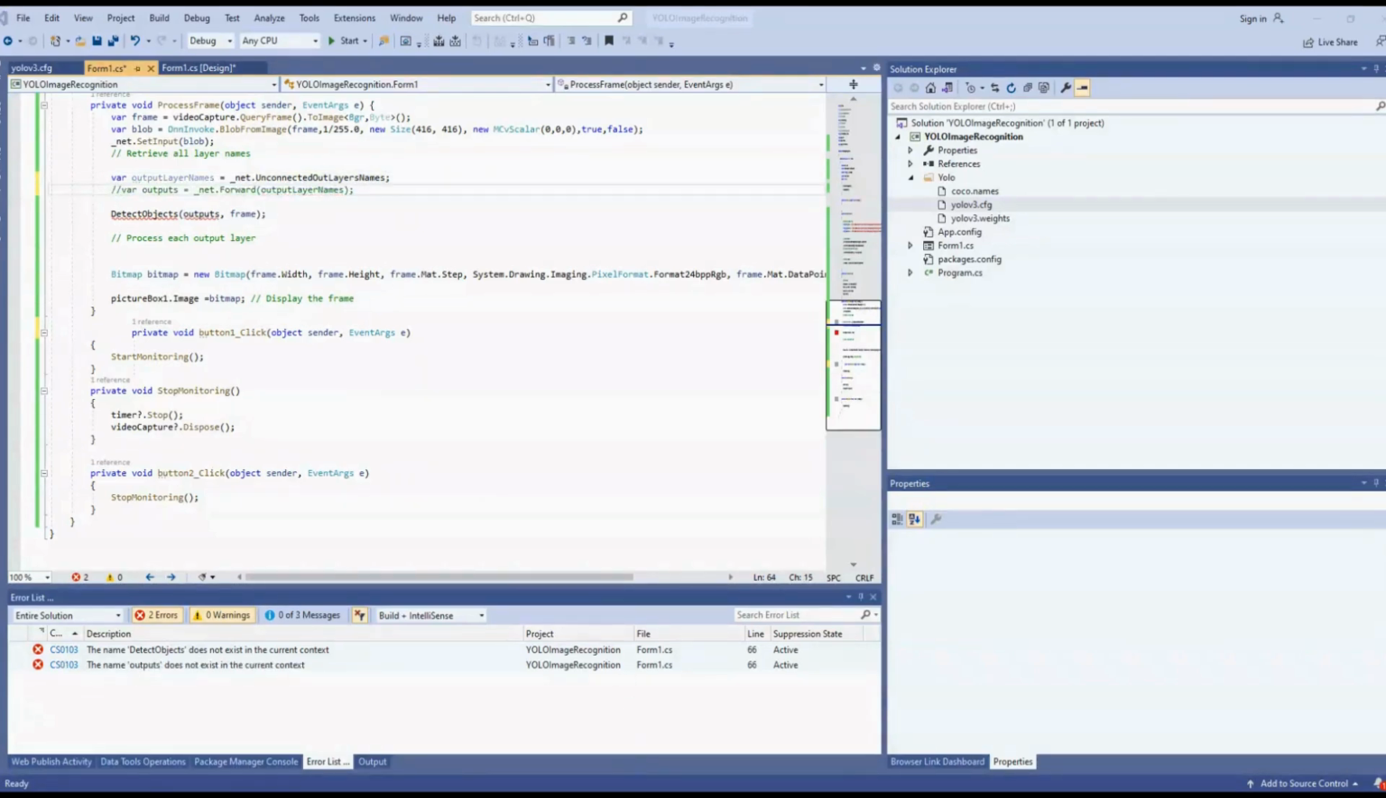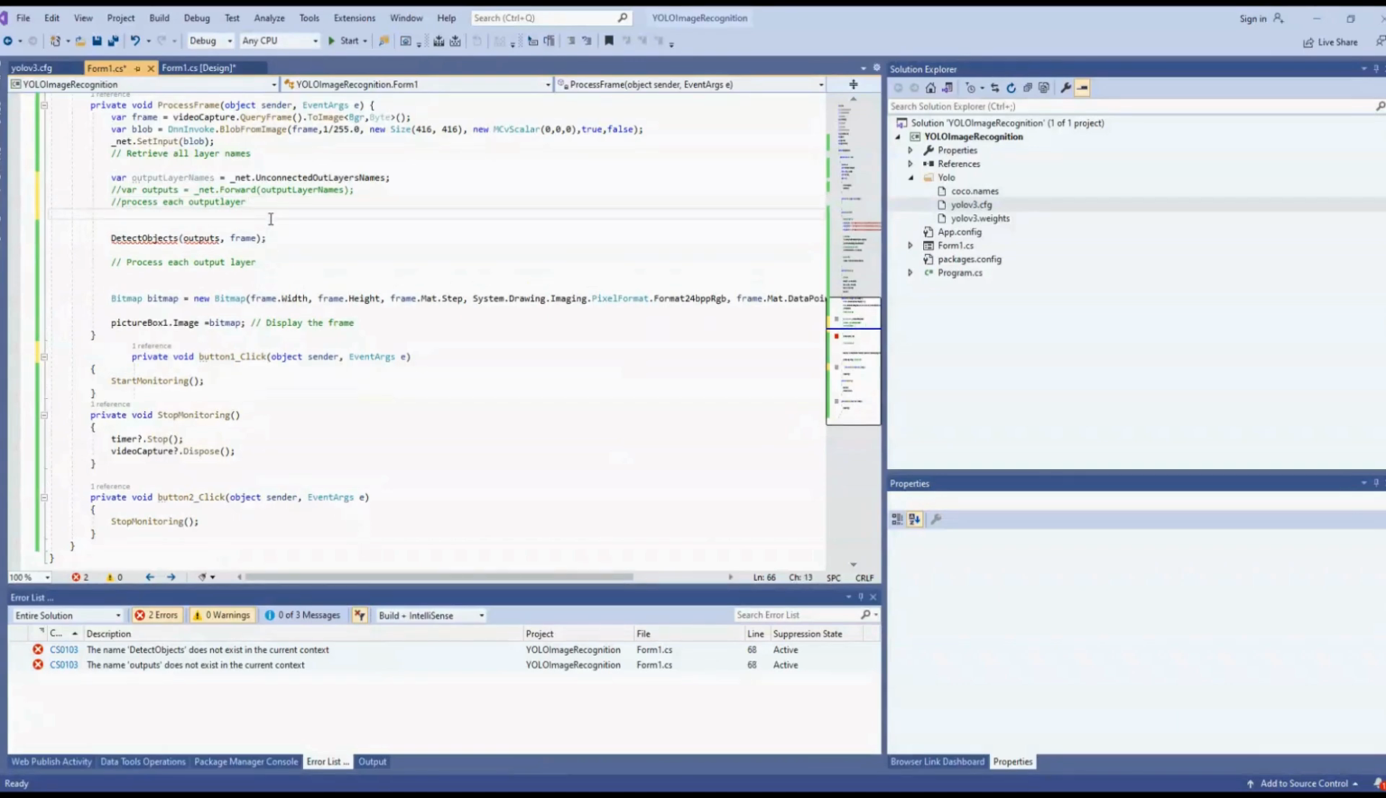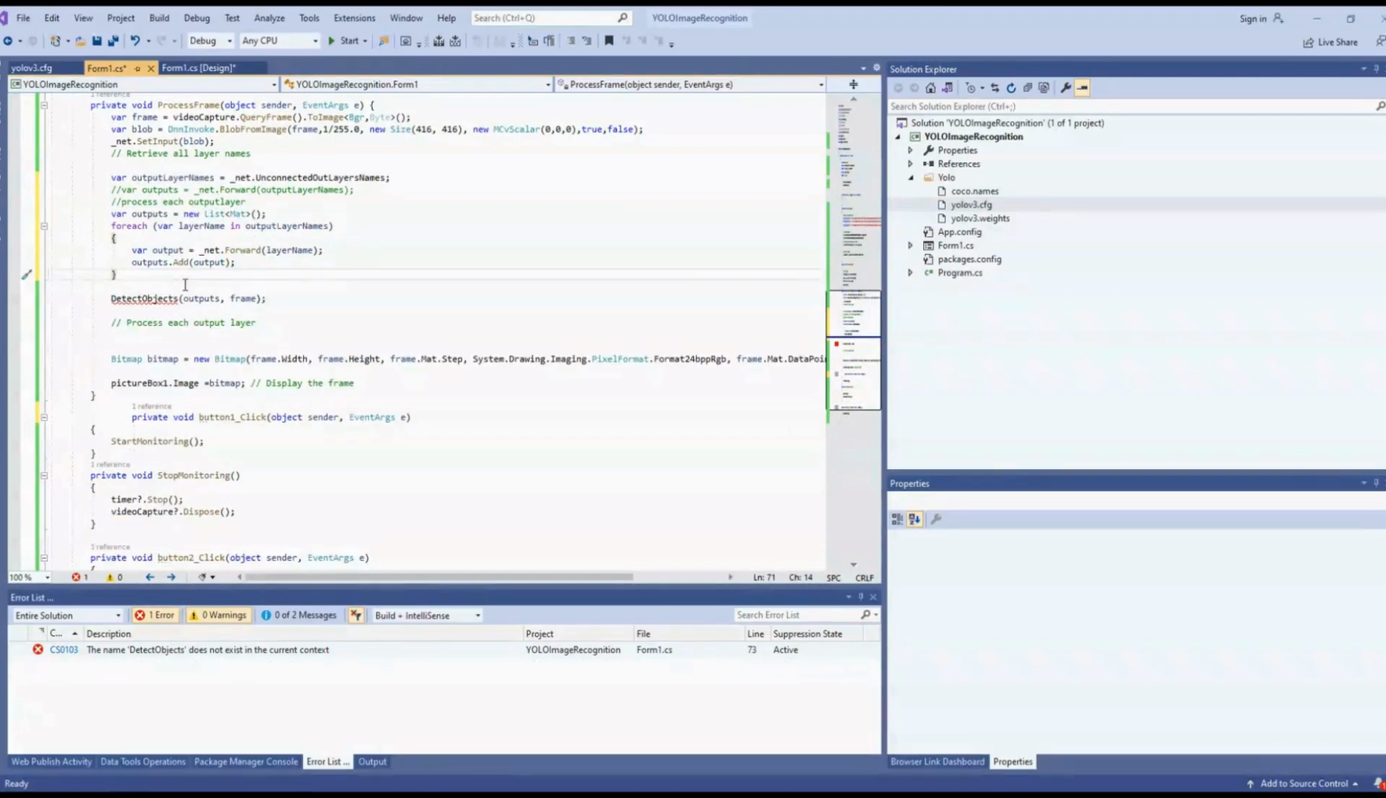So now we already have the output layer names and we have the output. Inside the output layer names we have the unconnected layers names, and we also have the output in which we have given the list of maps. We also have a function, detect object, and inside that we are just giving the output and frames. We will discuss that function in the next lecture. So in this we are going to process each output layer. For that purpose I have created the variable which was